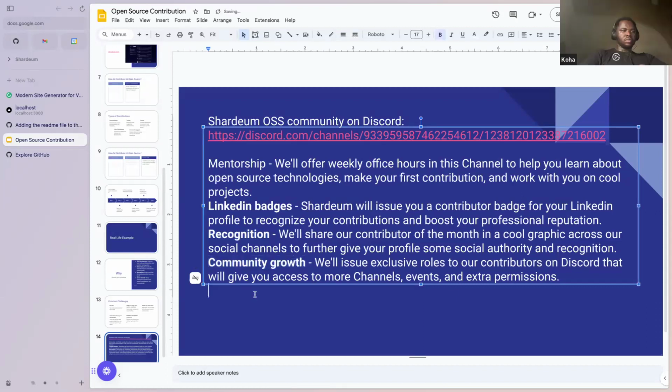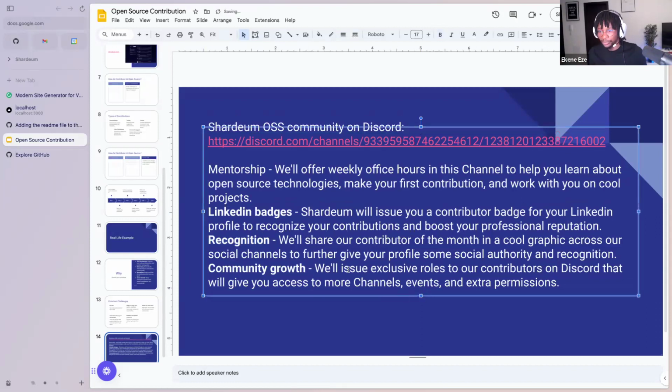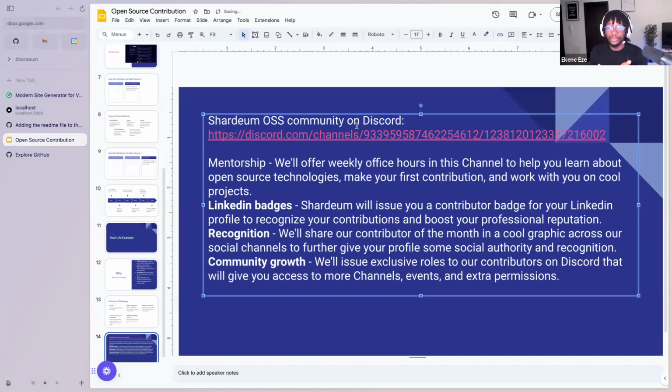I used to say blockchain, but it's just chain because it's not a block based protocol. Anyhow, this LinkedIn badge is going to give you some kind of reputation to tell the recruiters, when they look at your LinkedIn profile, that you are a contributor to a layer one protocol and you've been doing it for some time. So that's one way that we are also saying, hey, let's help you get a job. Let's help you build your reputation. Let's show people the work that you're doing.